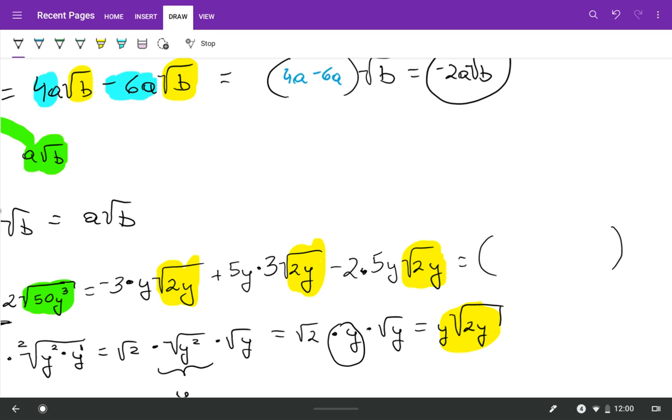Outside of the parentheses, we're going to copy that square root of 2y. And inside of the parentheses, we put in the coefficients, which is negative 3y, then plus 5y times 3, which will give you 15y,